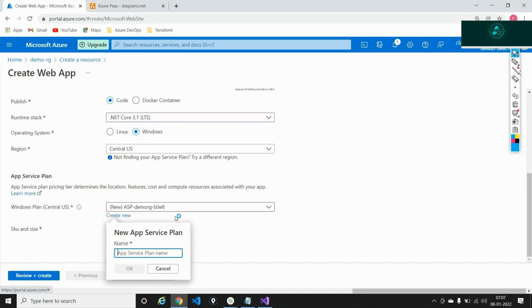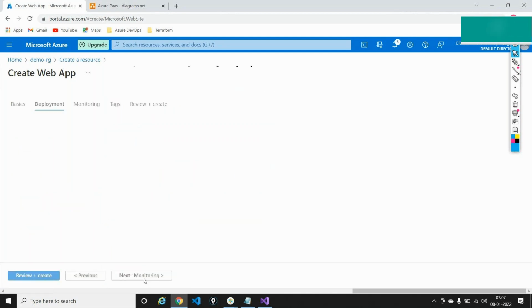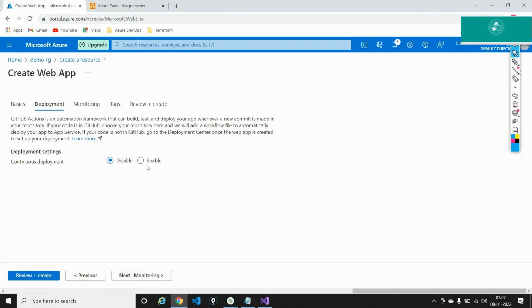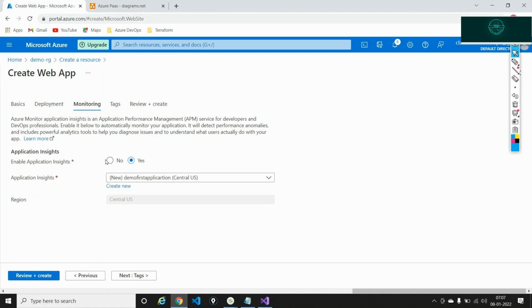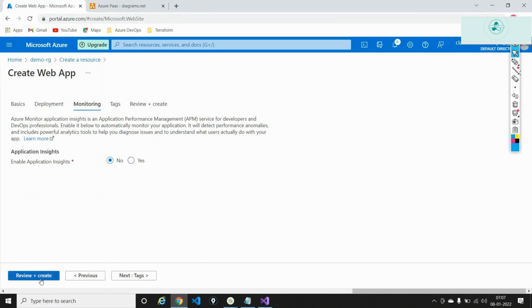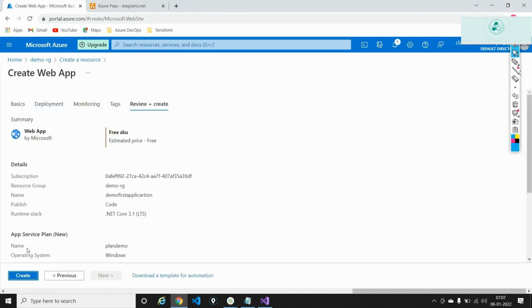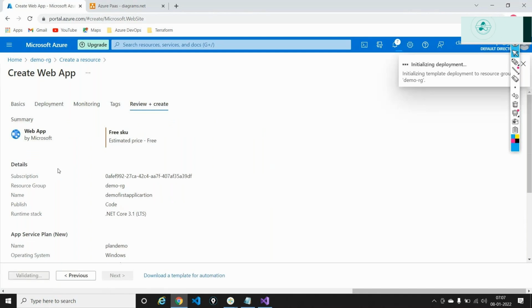So I'll say this is plan demo, and I'll just go ahead to deployment, disable this, and monitoring, also disable this. Tags, review, and create. So I'm just going ahead and creating my application.